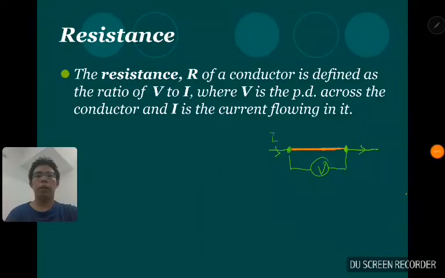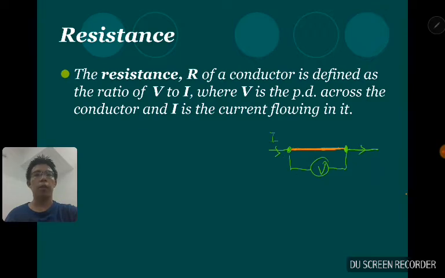Alright, today we look at resistance. Resistance of a conductor is the ratio of V to I. So say for example we have a wire here that is in orange color in my diagram. The current passing through it is I, and we have a voltmeter connected across it to measure its potential difference. So the value from the voltmeter V divided by the ammeter reading will be the resistance of this particular